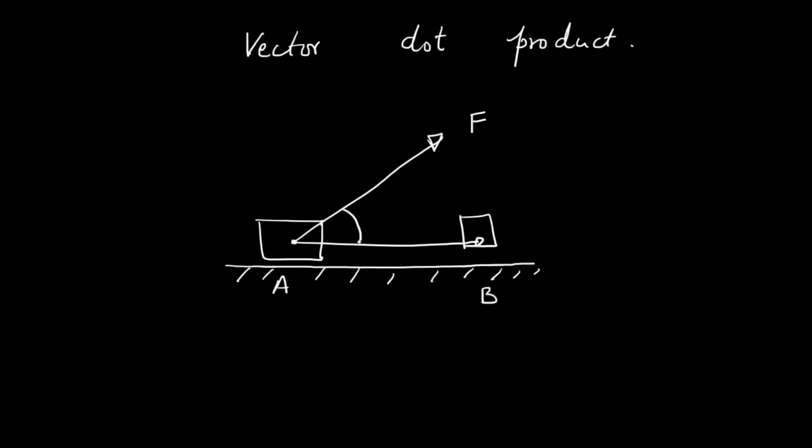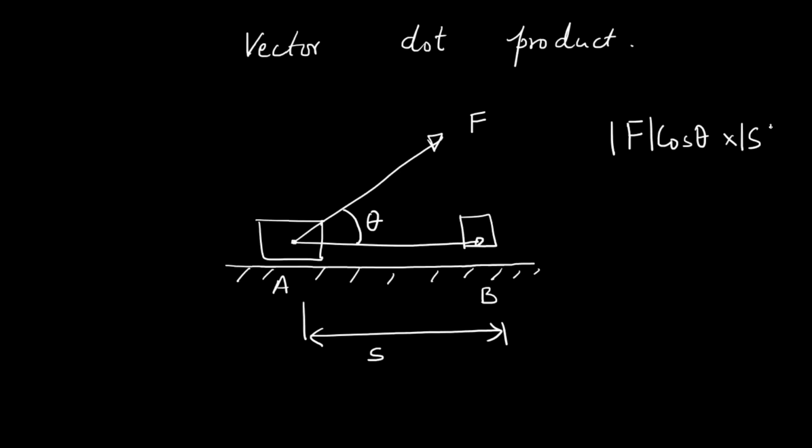Then this product we saw in the Work-Energy Theorem: F cos theta into S, where S is the magnitude of the displacement vector. This product, the magnitude of the force into cos theta into the magnitude of S, is what we call the work done by this force